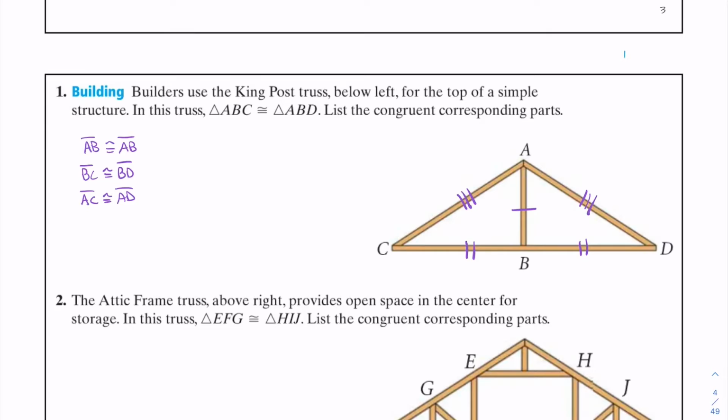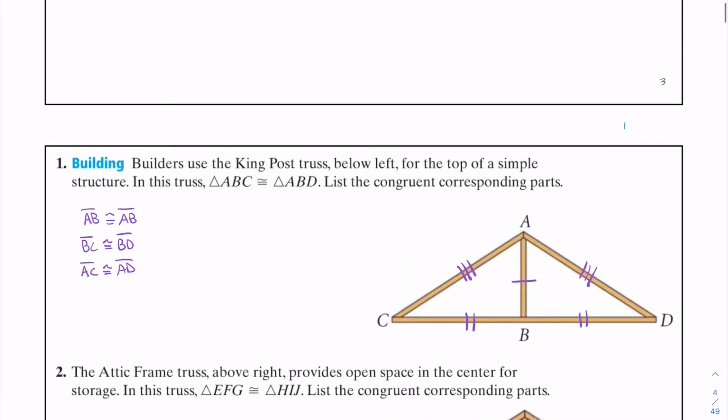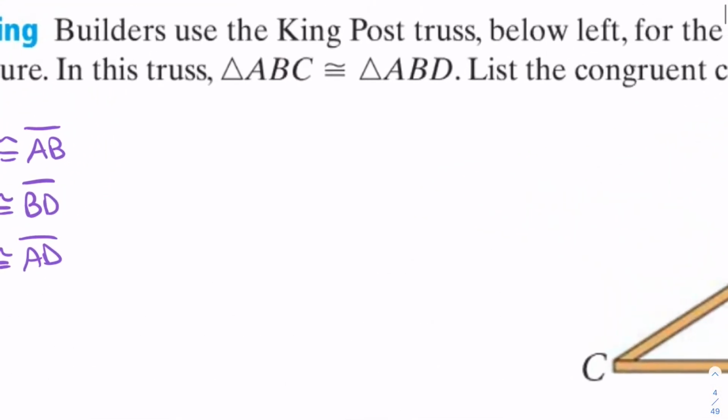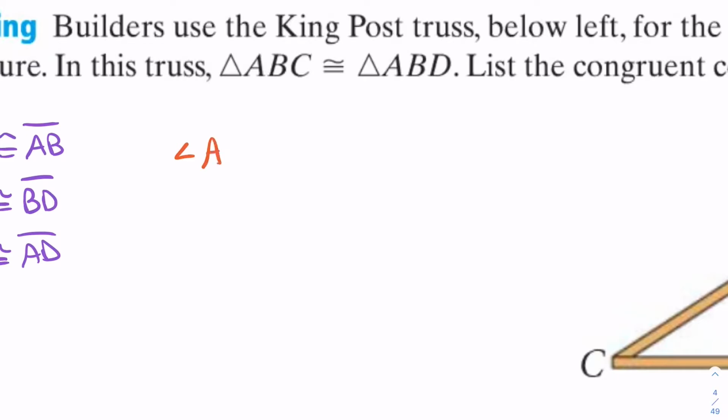Now, notice that I can't really use one letter, angle A congruent to angle A. I can't really do that because this angle A and this angle A, but there's also one big angle A. So I'm not going to use one letter. I'm going to use all 3 letters. So here's what I suggest you do when you're doing 3 letters about congruence. Go in order. So do angle ABC,